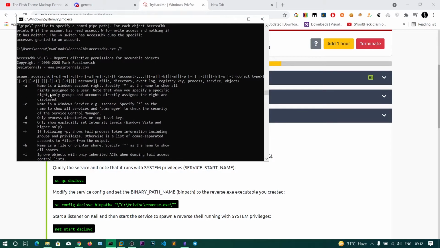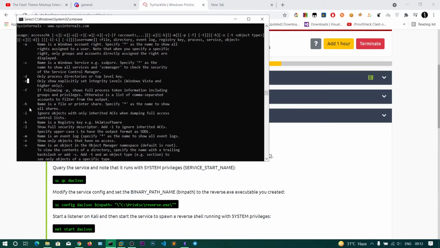We need to know a few switches. C is for querying the service, D is for only showing the directories, and E is for integrity levels. K is for registry keys.